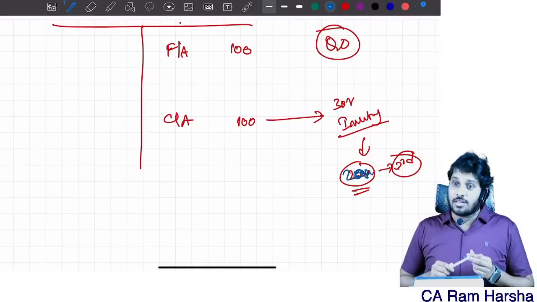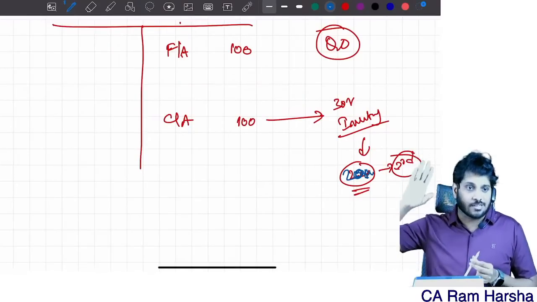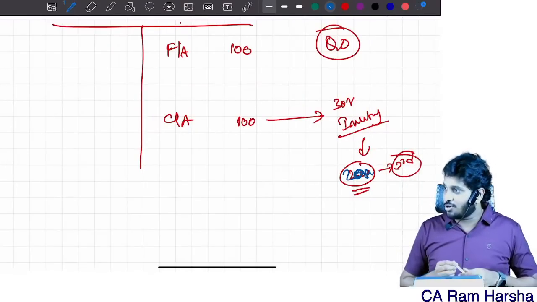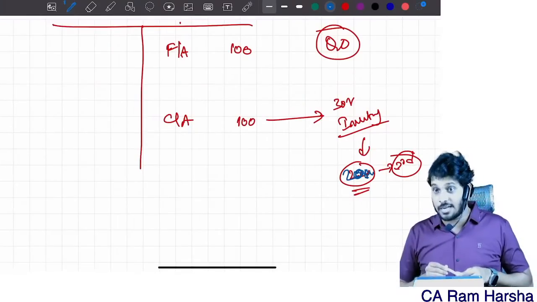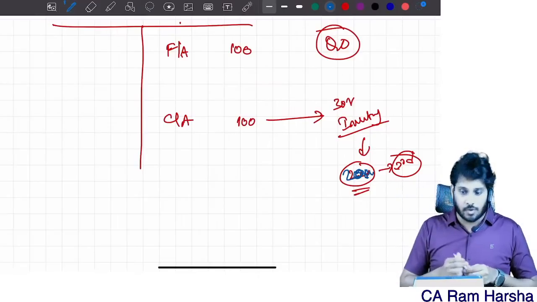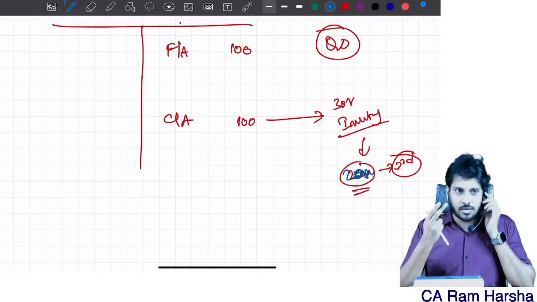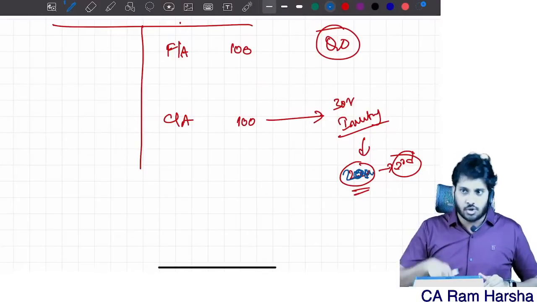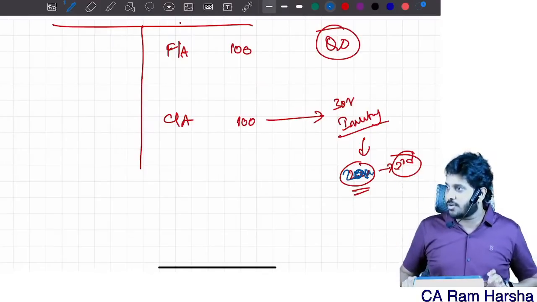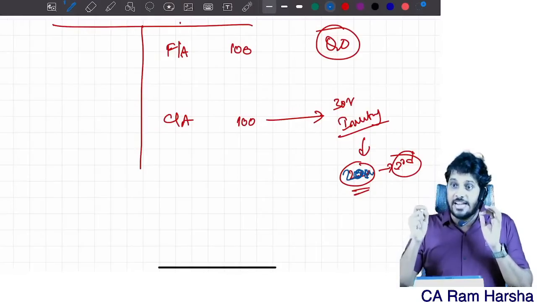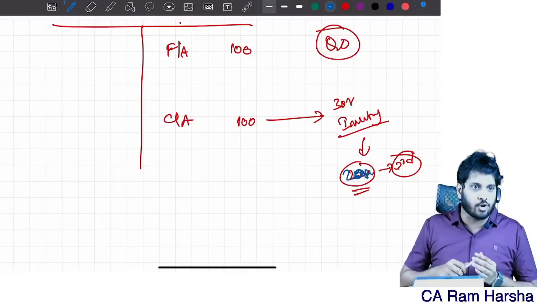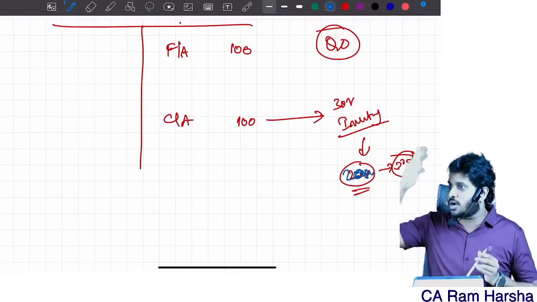20 crore worth of inventory he is saying is lying with the third party. And he is asking me not to get a confirmation from the third party, and I can't even go and visit. 20 crore, 20% of the total assets of the company, or 10% of the turnover of the company. This much worth of inventory is lying with the third party. Okay, no problem, but I want to go and verify. Company is not letting me.